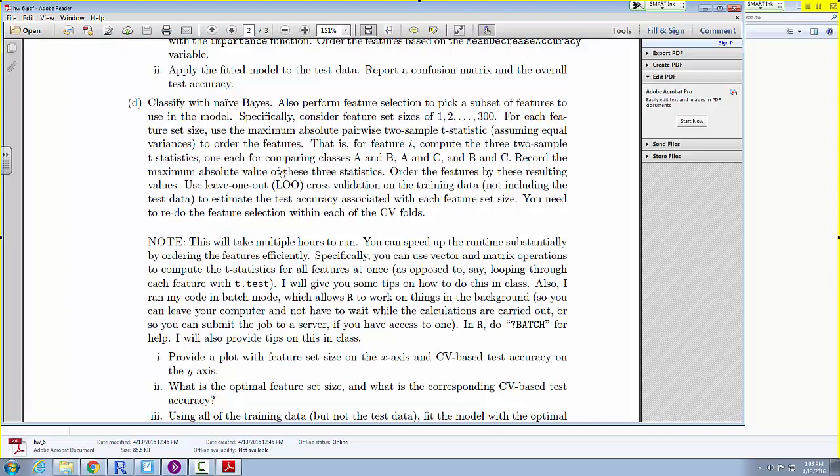So how do you pick the feature set size, though? You're going to consider a variety of sizes, 1, 2, up to 300. For each one of those, you need some kind of reliable measure, a generalizable measure of the accuracy. In particular, you don't just want training data accuracy. Going back to that issue of testing and training, if you were to say, let's try feature set size 1 and 2 and ... 300, and for each one of those, you went and applied it back to the training data,